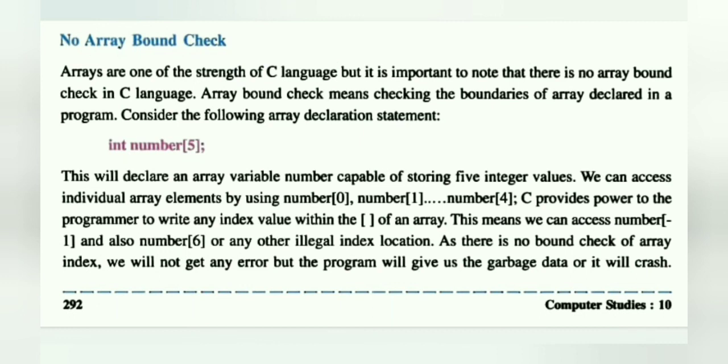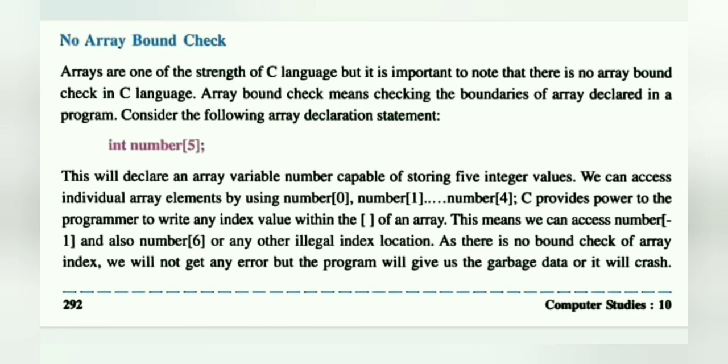So in the square brackets as an index value, I can specify anything, even if it is out of my array boundary, out of the size of my array, and the compiler will not generate any type of error. There is no method given that can check the boundary of the array.